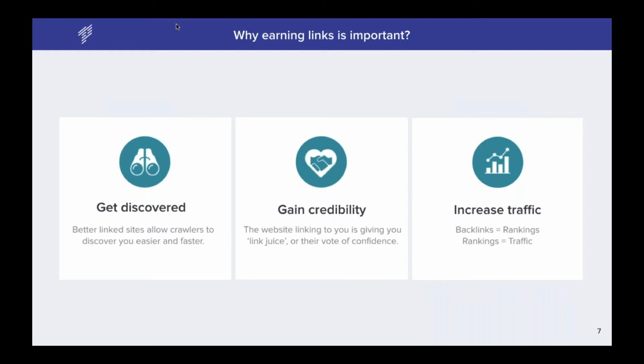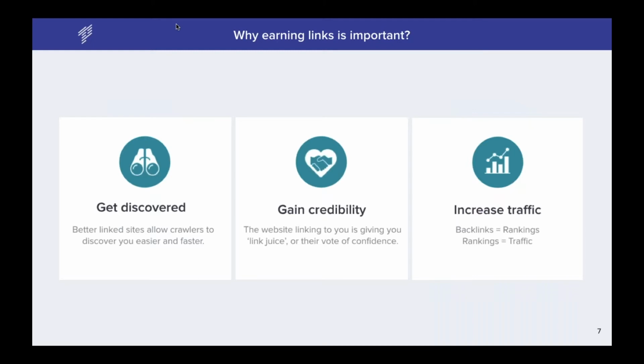And of course, lastly, the more links you have, crawlers find that there are a lot of links pointing to your site, and it means that you have relevant content. It means that it's high quality content. If it's shared a lot, then probably more people are likely to benefit from it. So because of that, they push the position of such a website for a specific keyword higher and higher. So you're gaining higher rankings. And of course, the higher rankings you get, the more traffic comes to you.